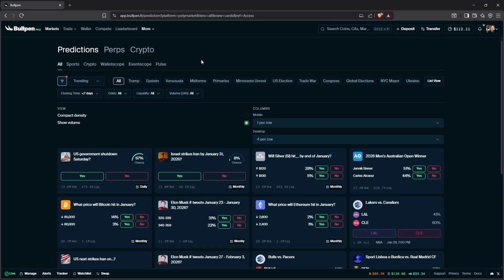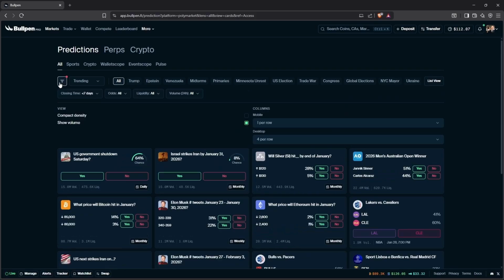In my opinion, the best market to trade if you want to minimize risk while still getting decent rewards is called bond markets. Okay, these bond markets are going to net very low returns, right? We're normally looking for 0.5 to 2% returns, but if you keep stacking up those wins, you're going to make a lot of money. So all you have to do to trade these bond markets is go to predictions, click